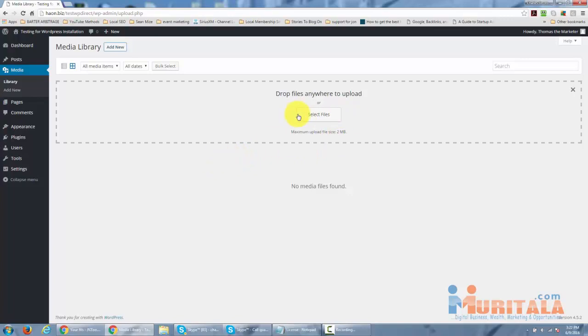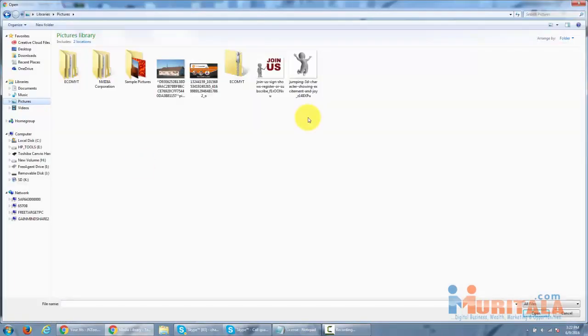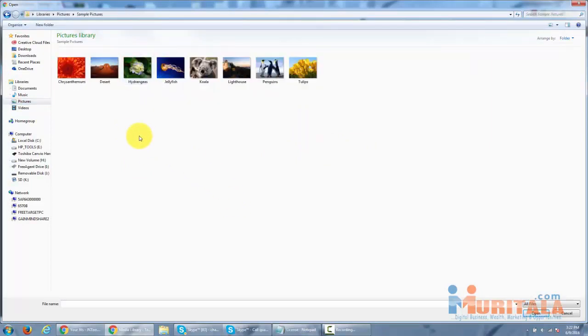So we're going to click the Select Files button, and then we're going to go to our hard drive. For purposes of this tutorial, we're going to go inside of the sample pictures, and you're going to notice several pictures here. Now we're going to use all of these in our website in our example, so we're going to click the one at the very left, hit the Shift button, and select all the images. Now we're then going to click Open,